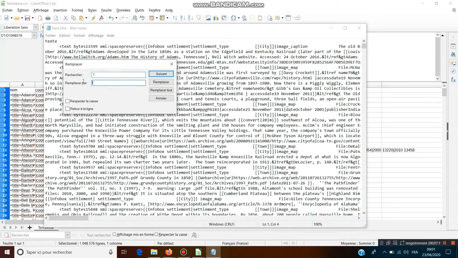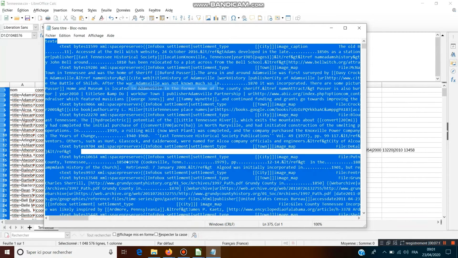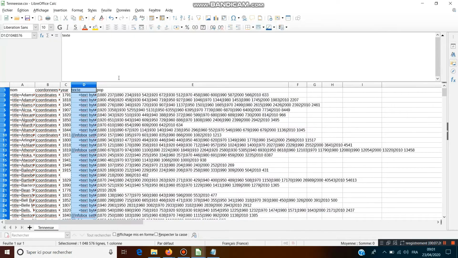First, we will make our text easier to read, so to read the years more easily.